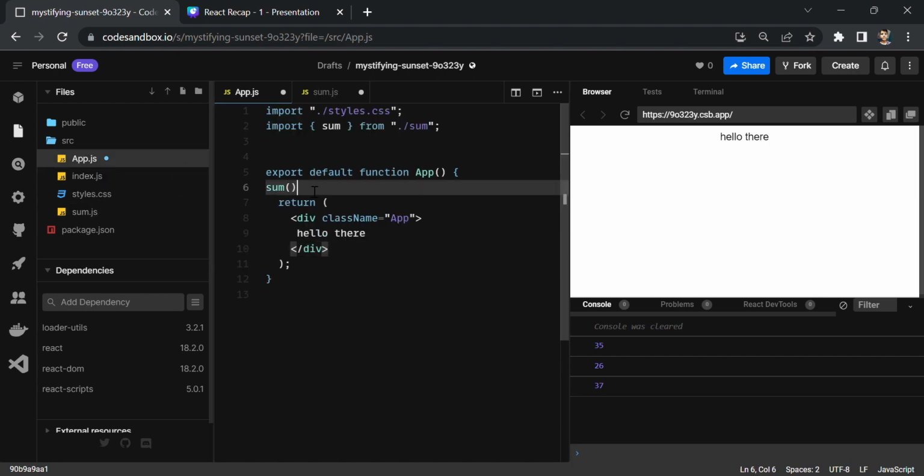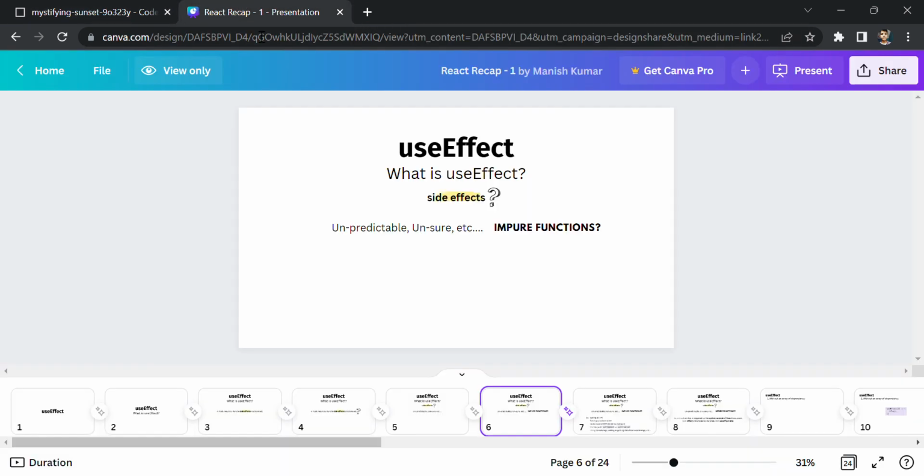So I'm gonna go and remove it as of now. So yeah,